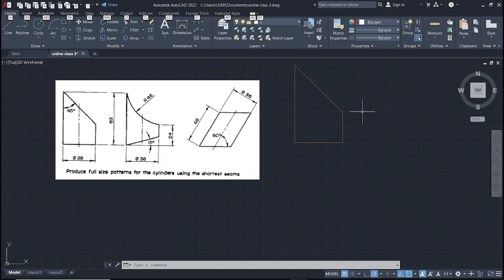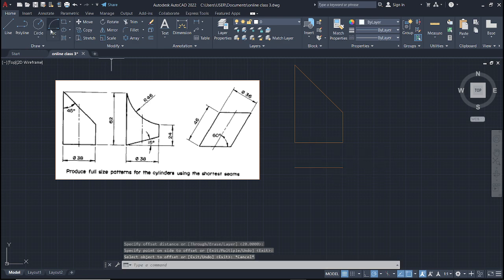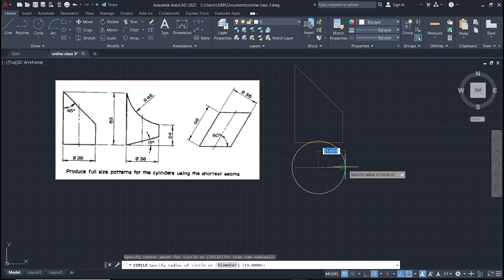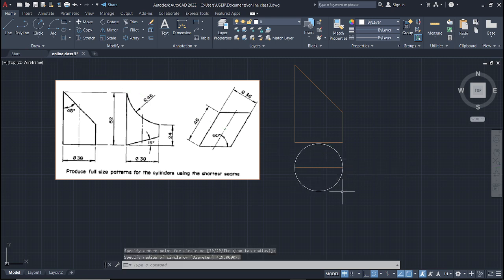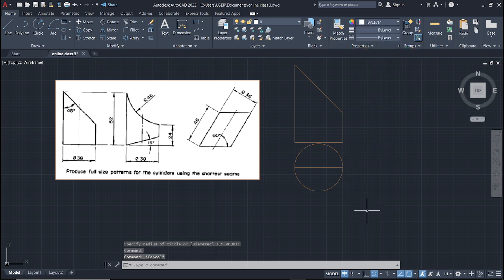So the first step is to draw a semicircle, and to do that we have to offset by any distance, say 20, and then using that as the diameter of the circle, we draw a circle. Let's make this layer color that. So after that we have to share the circle into 12 parts. So a line from the center,